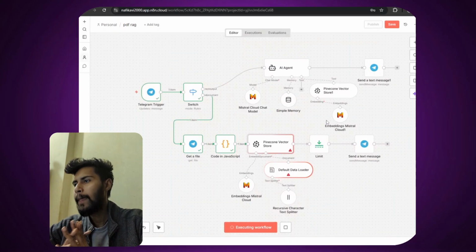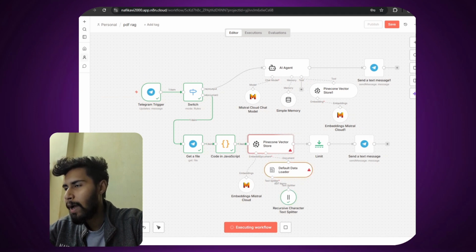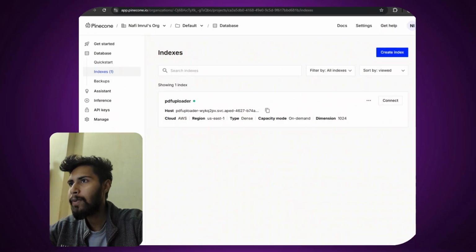Yeah, it is working. When it is done, I will get back to my Pinecone vector store. Yes, it is still running because it is recursive. That's why it is still running. When it is done, I will go to my Pinecone. Yes, it is done. Now, if I go to my Pinecone database,